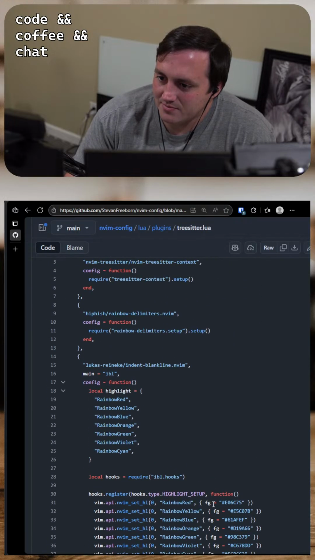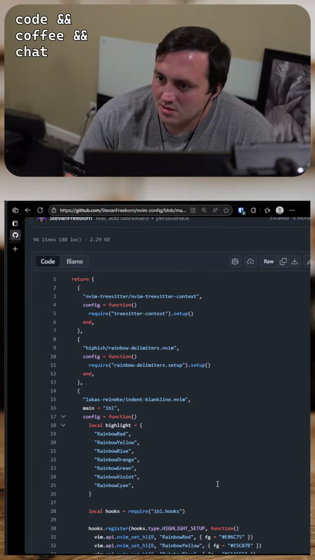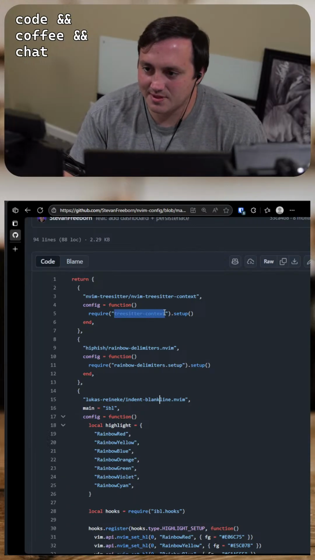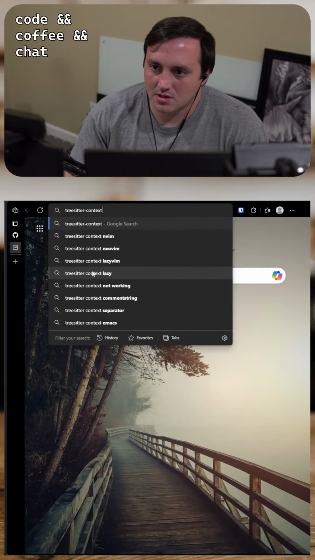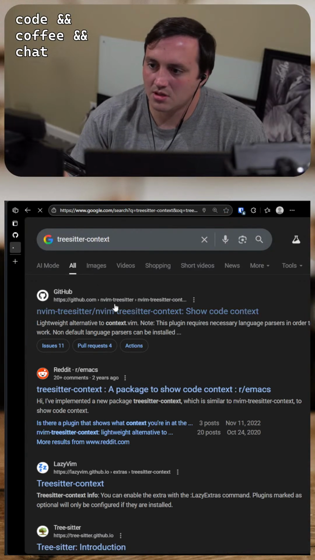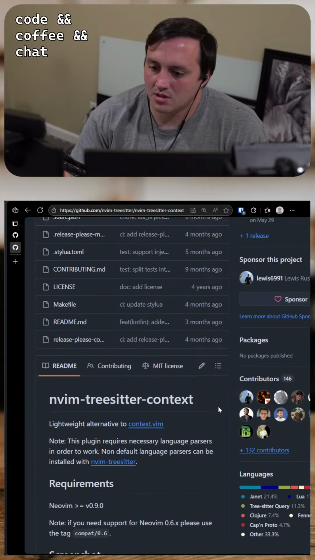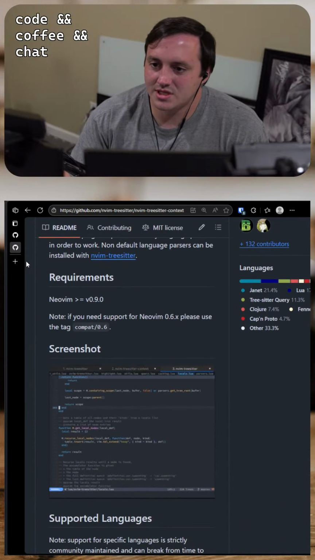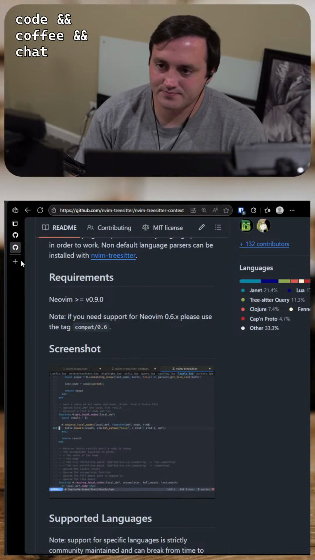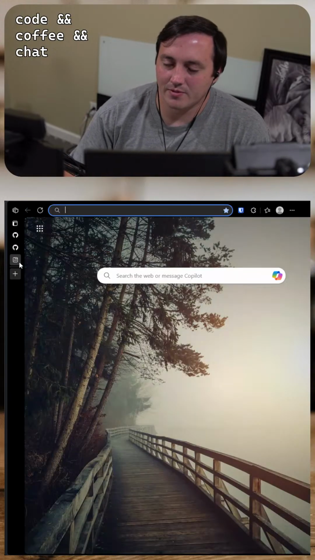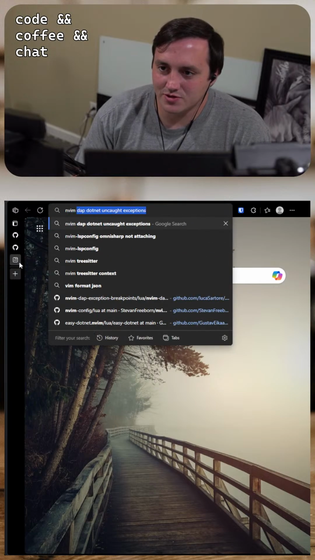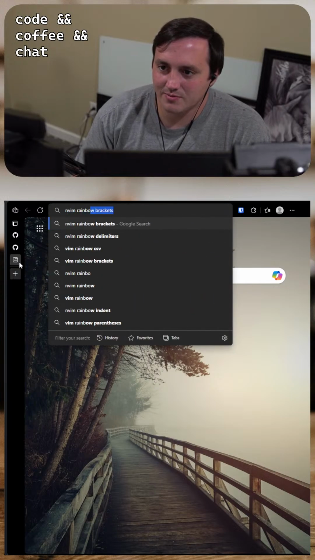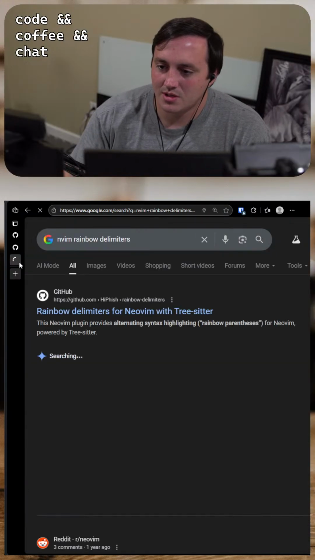Is that what it's from? It might be from this. Oh no, maybe it's this one. Tree Sitter Context? Maybe that's it. No, that's the one with Sticky Scroll. I don't even remember what is giving that. I think it's something with Tree Sitter though. NeoVim, Rainbow Delimiters.